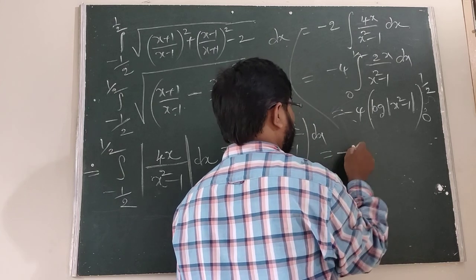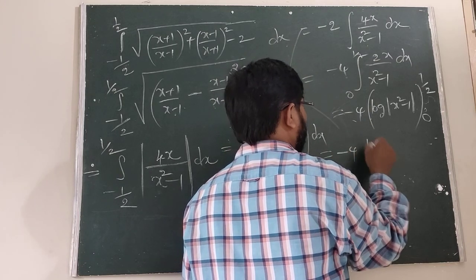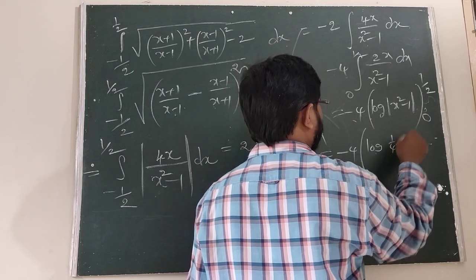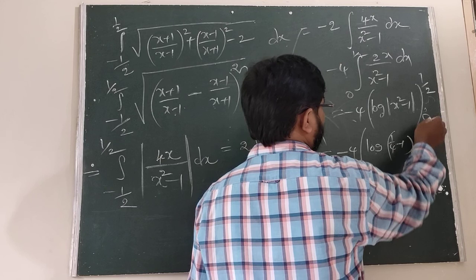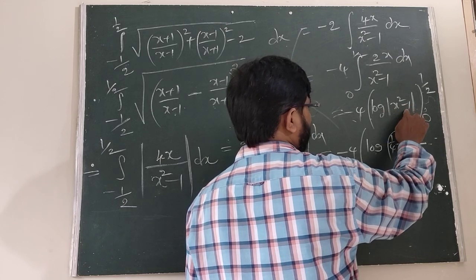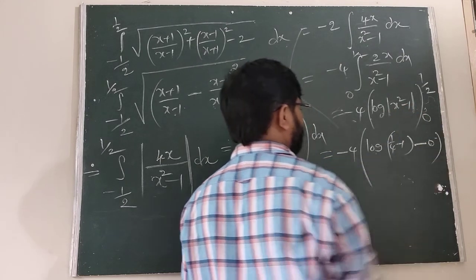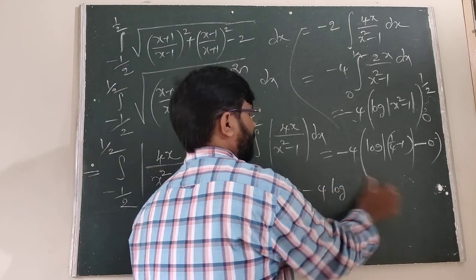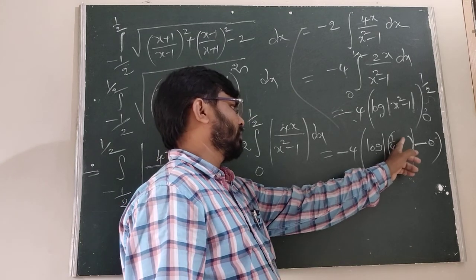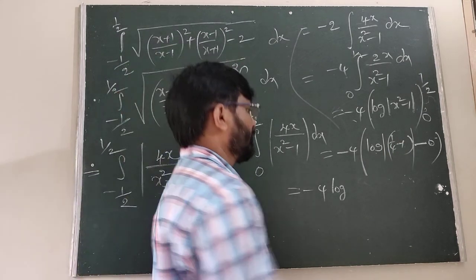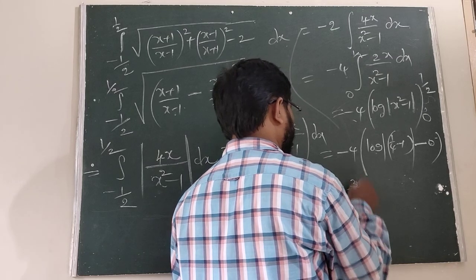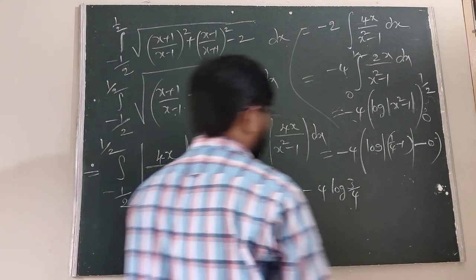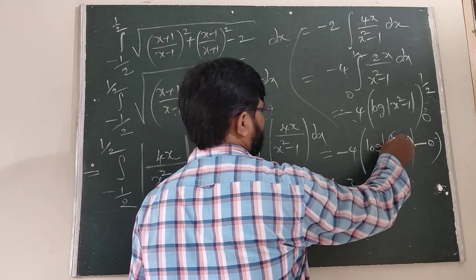Now the minus 4 into the log mod of, all of you listen here, log mod of 1 by 4 minus 1, minus, when we are taking the 0, log mod of minus 1 is plus 1, log 1 is 0. Therefore now this is minus 4, log mod of 1 by 4 minus 1, which is minus 3. In modulus minus is the plus, 3 by 4. Is it clear? We can write 3 by 4.